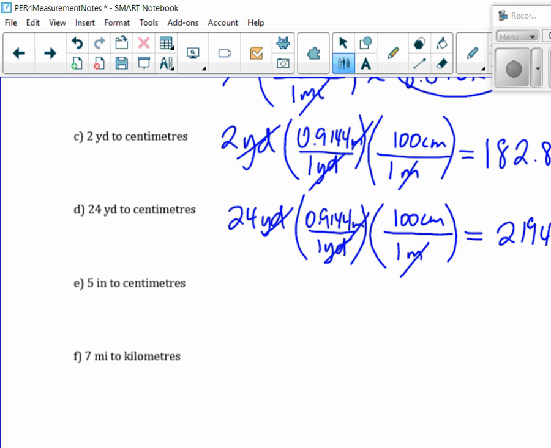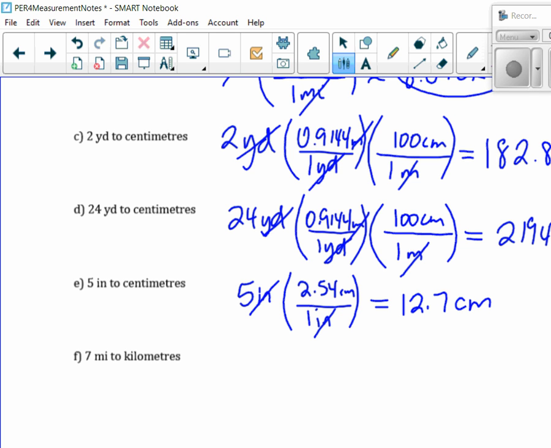Okay, let's try the next one. 5 inches to centimeters. What's the inches to centimeters conversion? 1 inch is 2.54 centimeters. So the inches cancel. 5 times 2.54 is 12.7